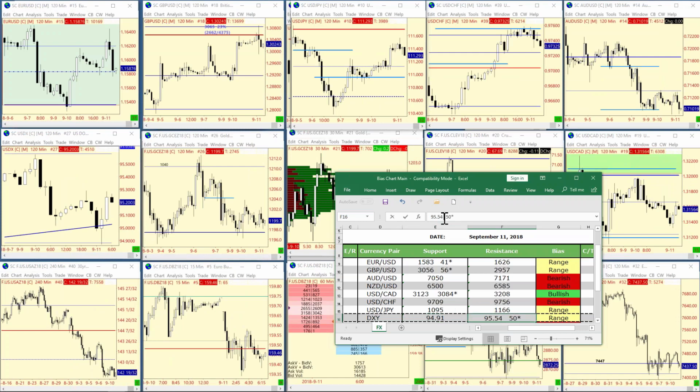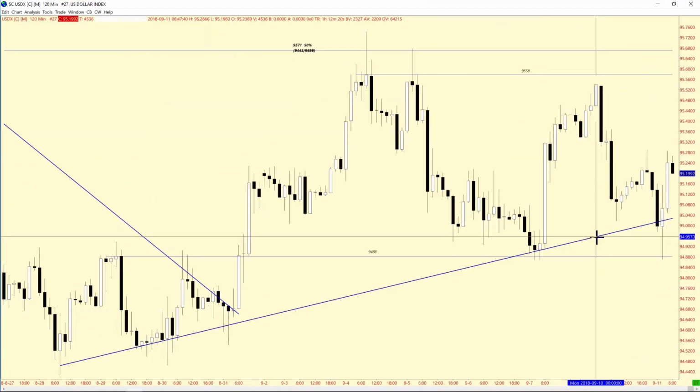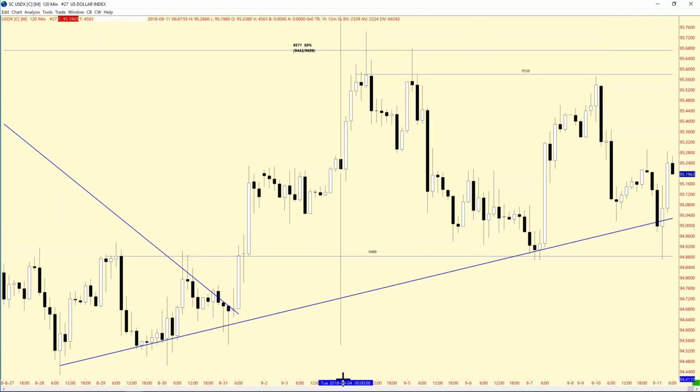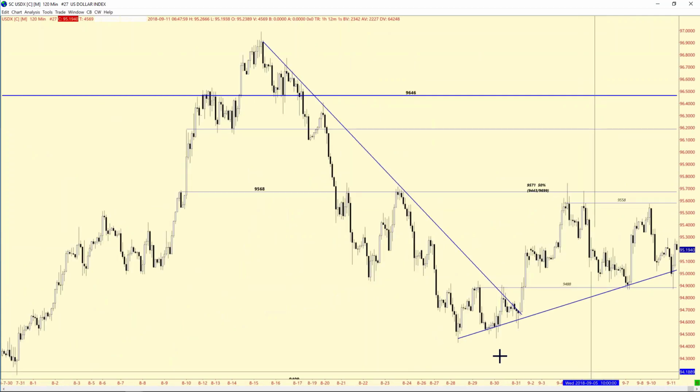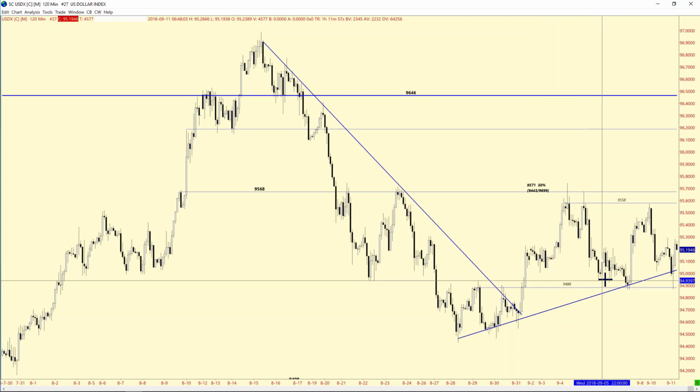That 54 worked out well for the Monday session. But let's see here, 95.32. On the downside, support would come in, and I think it's possible we just vacillate right here, but you can see right there, 94.99, that's support. You get below that, then we already come down here, this 94.88 that I already had pegged in the updated analysis, but a move down here, I think you can find some support.